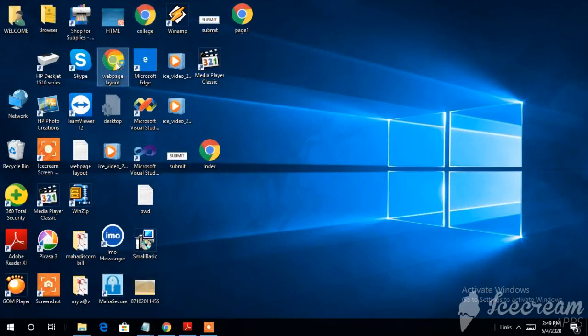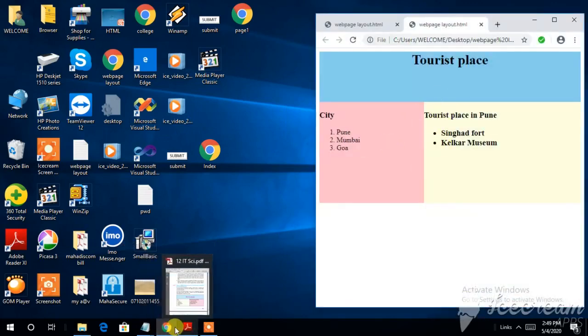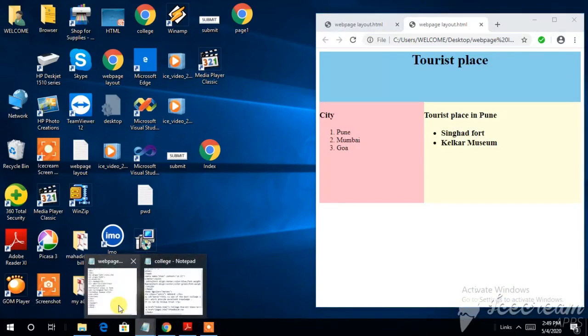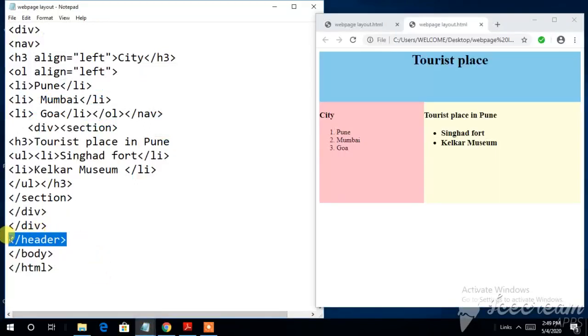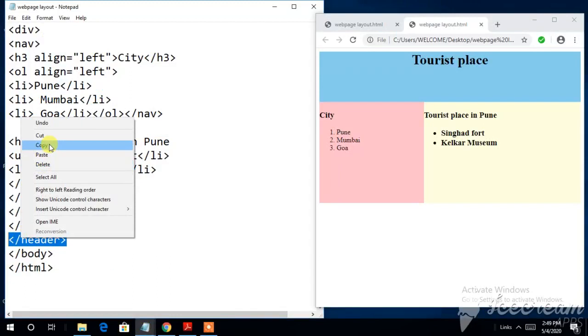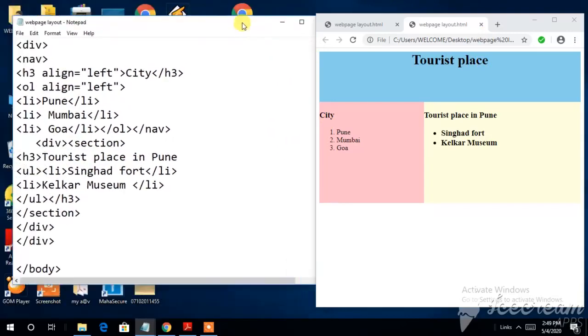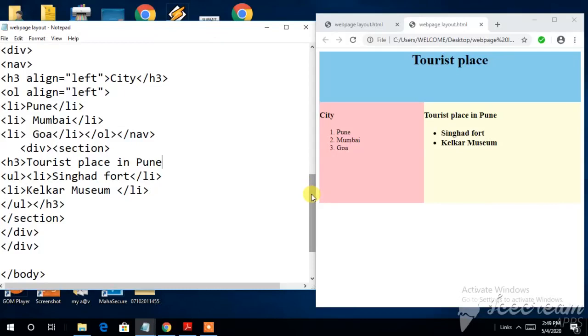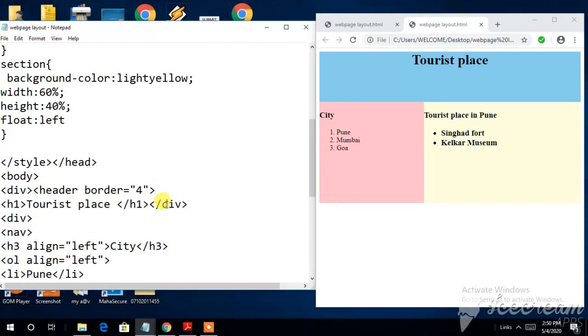Let me show again. I'm just opening it. See, you have seen something here also, some portion. So better write each and every code properly and very nicely so that you can understand. Whatever the header, you can put it below also and nothing will happen, because it will be considered that the header is on the upper part of itself, and the footer will be the below part. So I'm putting it here itself only. Control V.